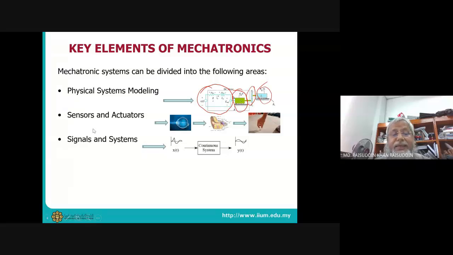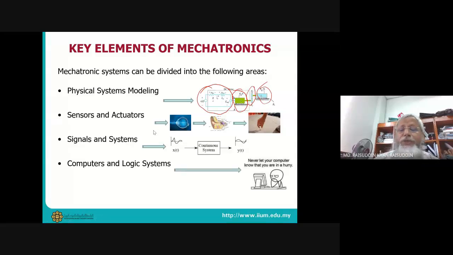signal analysis, because sensors, the way we believe it is going to give the proper output, but unfortunately not. The output of a sensor may be very rough. Then we need to do some filtering to have the proper output, which is actually required to make the decision, to give the decision to the actuator for its action.